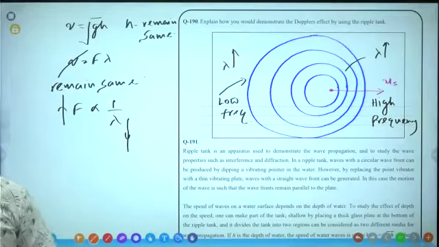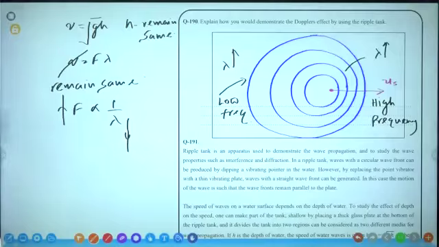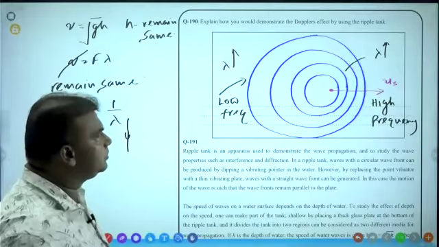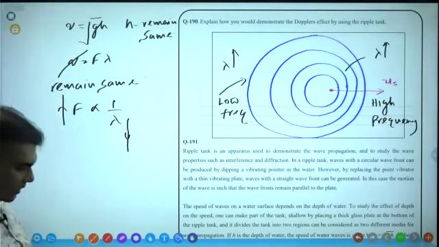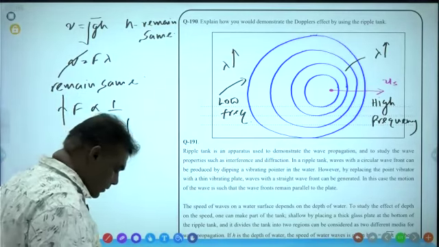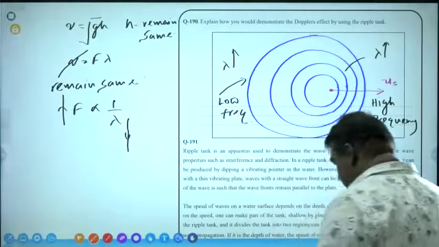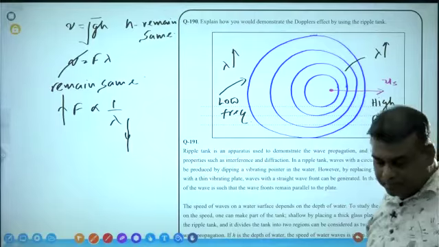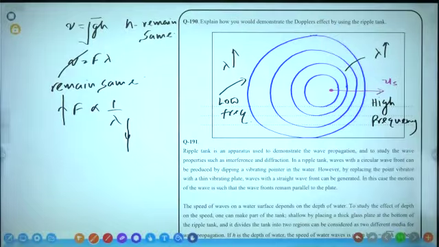It is slowly moved towards one side of the ripple tank, as shown in the figure. Towards the moving direction,